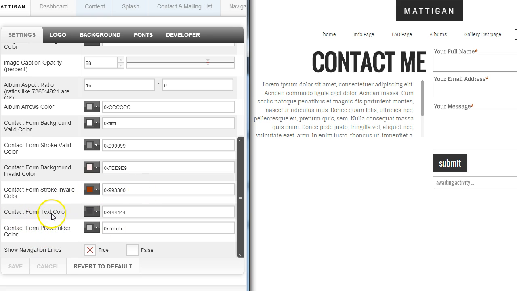And then you have the contact form text color, which is this right here where it says your full name. And then if you have a placeholder color for the text, it'll actually appear in here. So you can have it say like type your name here, and that'll appear in this color. And then we have the last option for the colors, which is show navigation